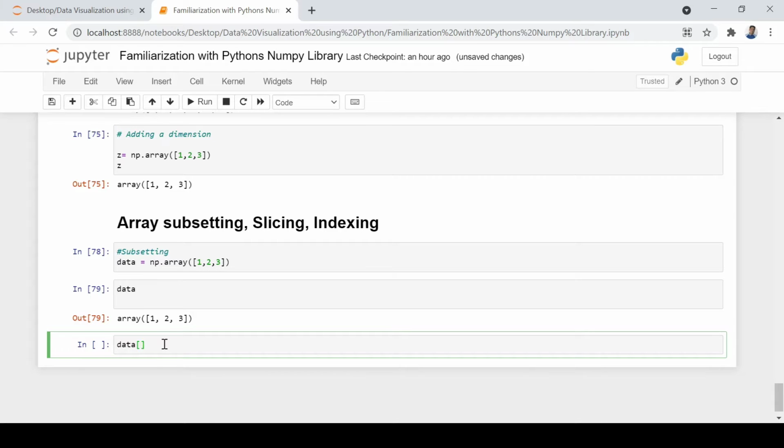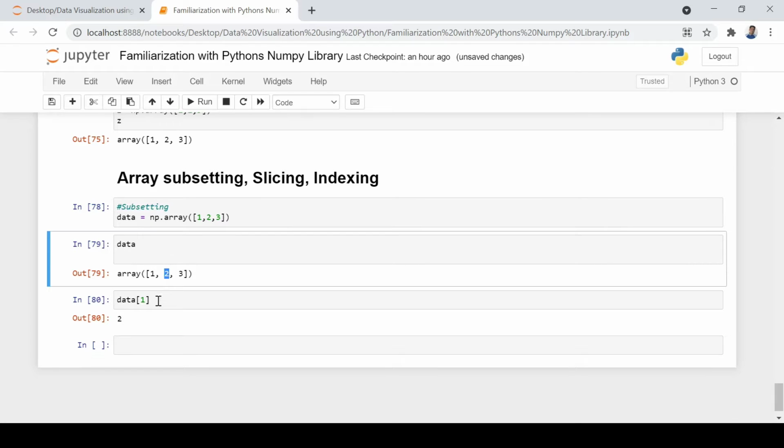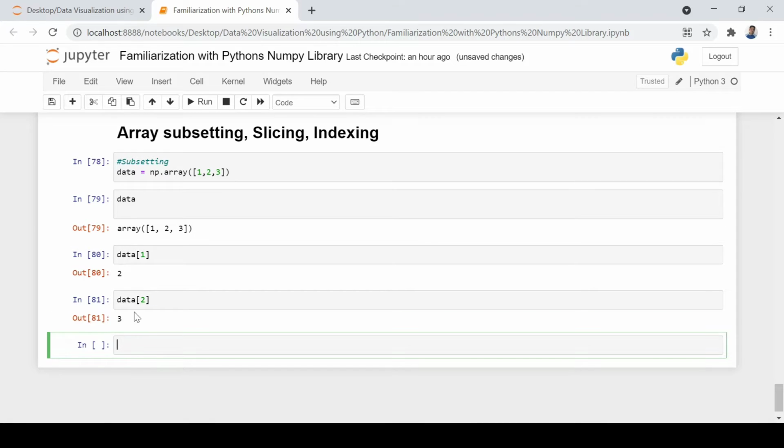You just provide an index here and you provide which index. Let's say I want index 1, so this is the second element, 0 1 2, so this is your 2, so this index has just come out. Similarly, if you want to have the first or second index data, just provide it there and just put 2, it will give you that index, so it will bring you that data.